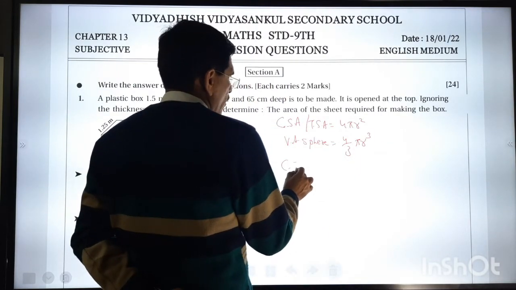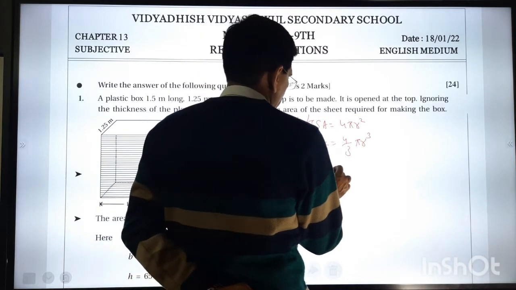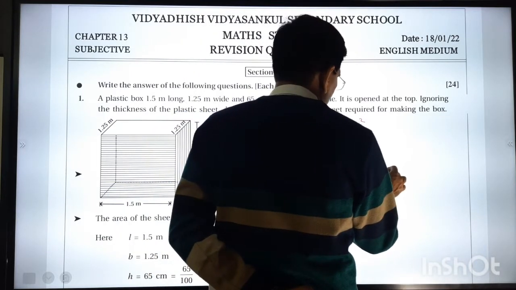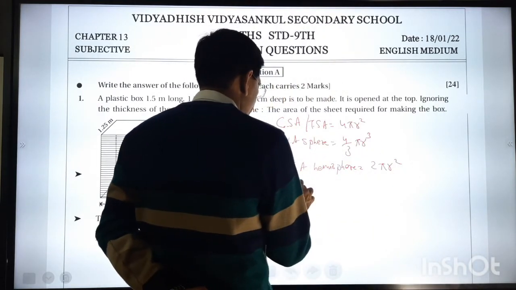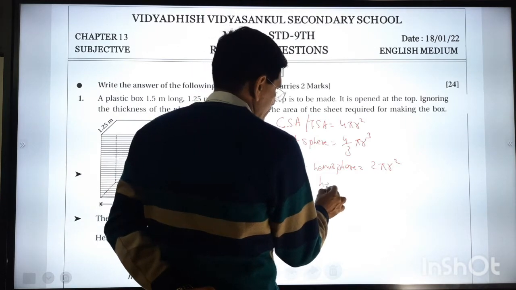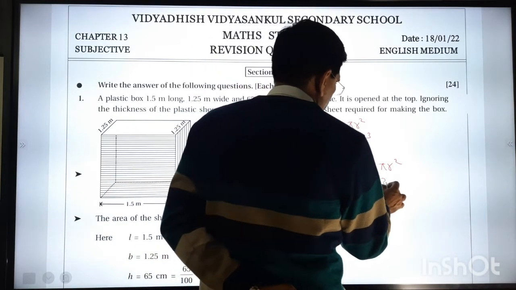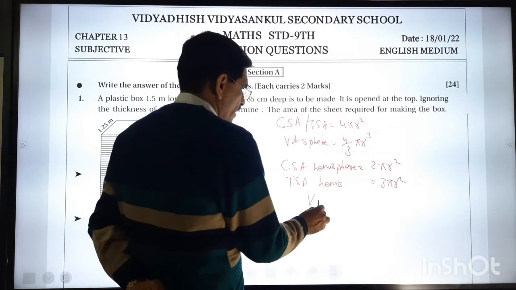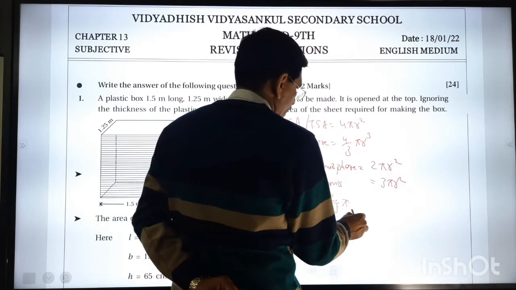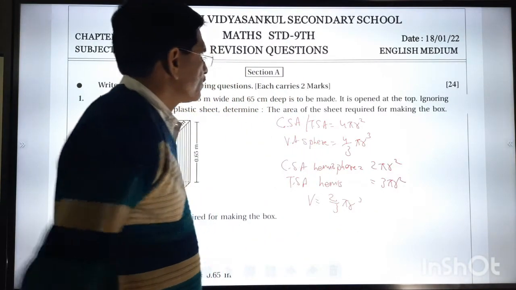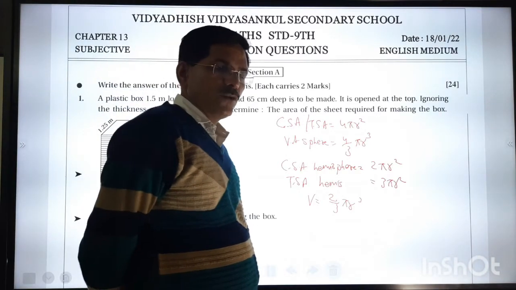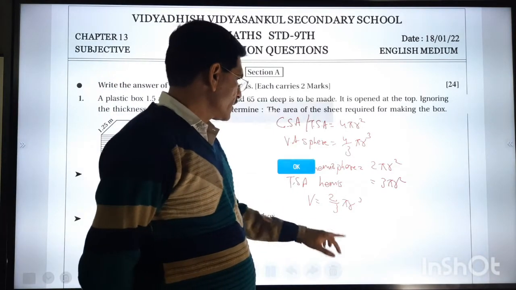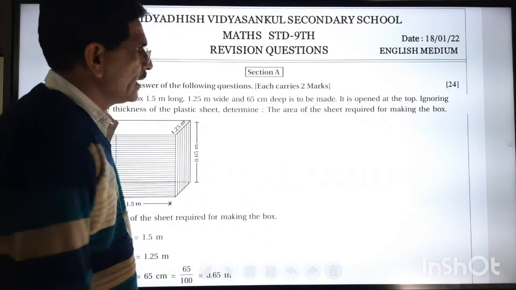And CSA of hemisphere, here we are doing hemisphere. It is called half, meaning hemi. So CSA is 2 pi R square. And TSA of hemisphere is 3 pi R square. And volume, that is half again, 2 by 3 pi R cube. So mostly 13 to 14 formulas are there, which I have already written here. When we are discussing numericals or sums, at that time we write them again.